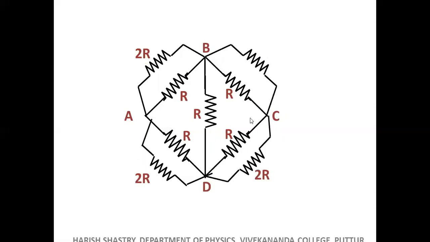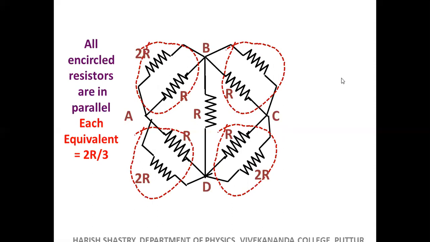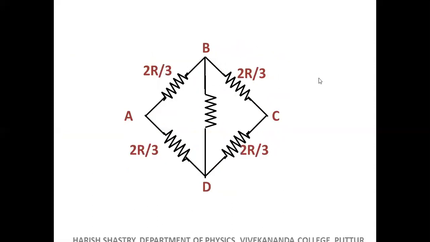Is it okay? Now, 2R parallel R, between A and C you are finding equivalent resistance. 2R parallel R is 2R by 3. Each equivalent is 2R by 3, right? Balanced Wheatstone's network, right? No current through the galvanometer path. Resistance between A and C is, it should be A and C, 2R by 3. Either A and C or shift B here, anything. It is 2R by 3.